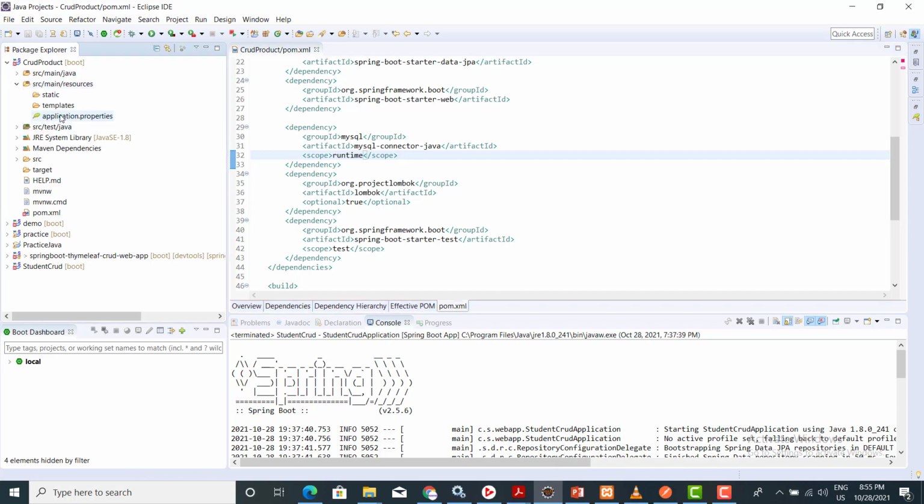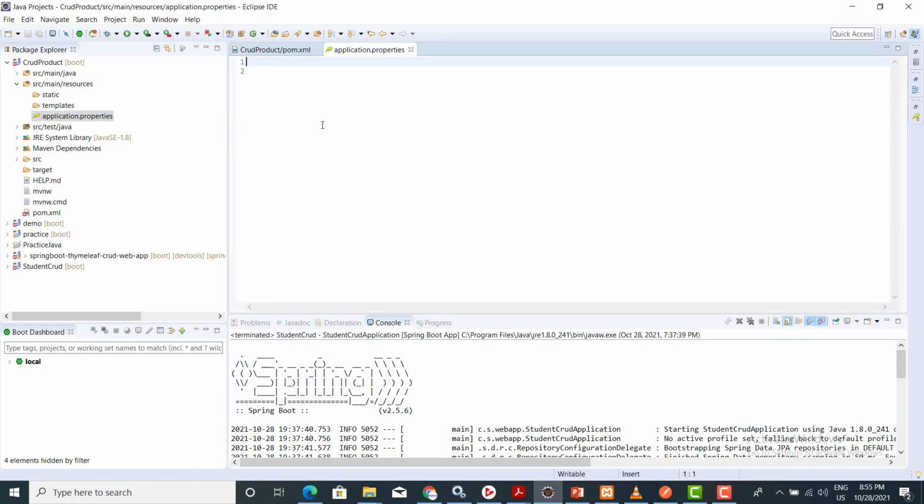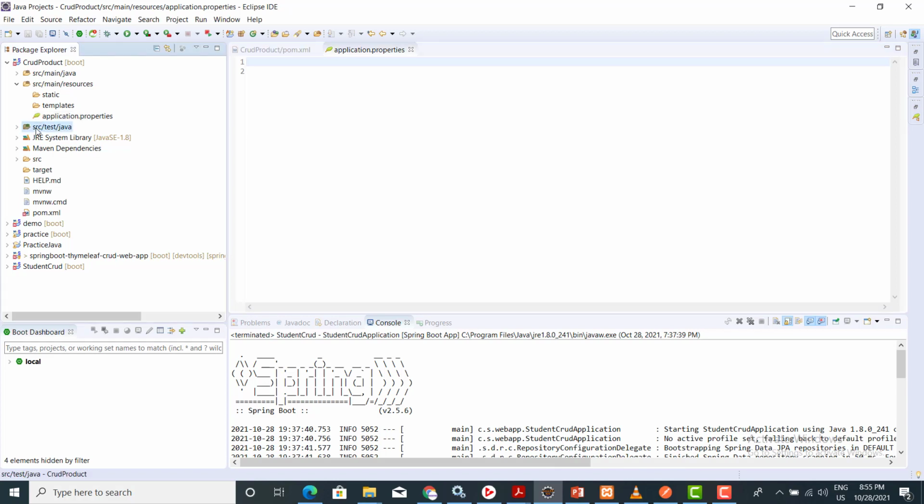In the application.properties file, we are going to make the connection with MySQL. Here we want to write properties for the connection. We have to specify the username and password of the database. In src/test/java, we write test cases for our classes.